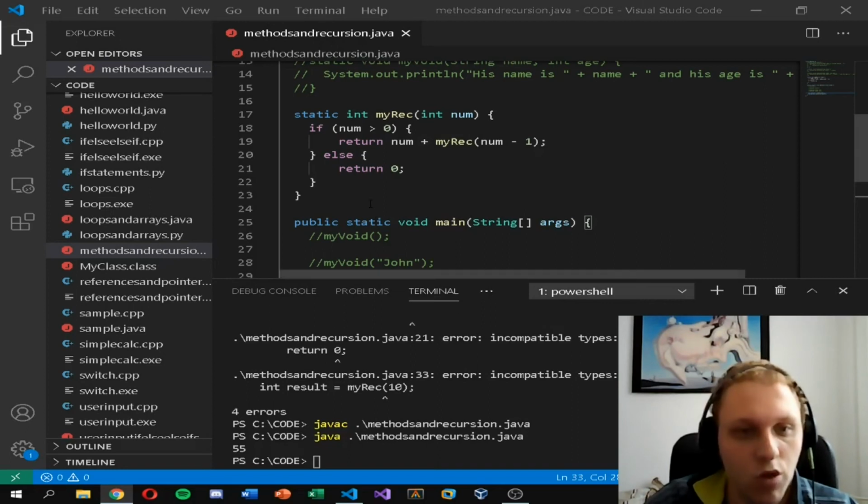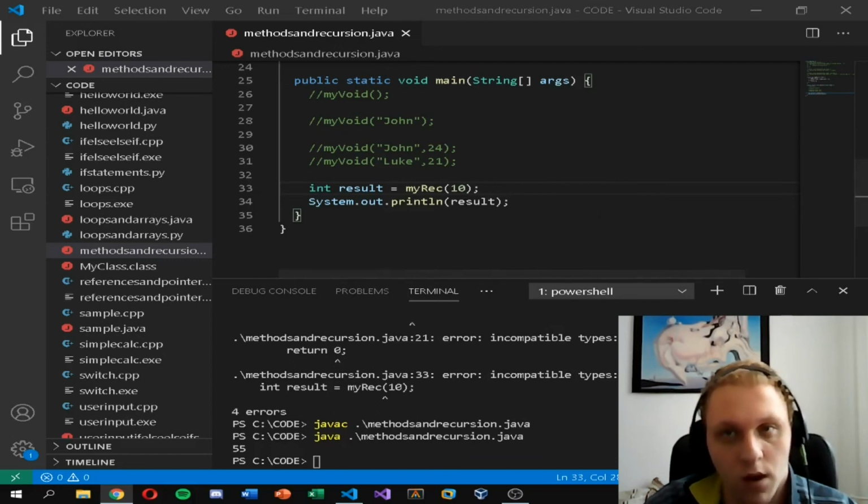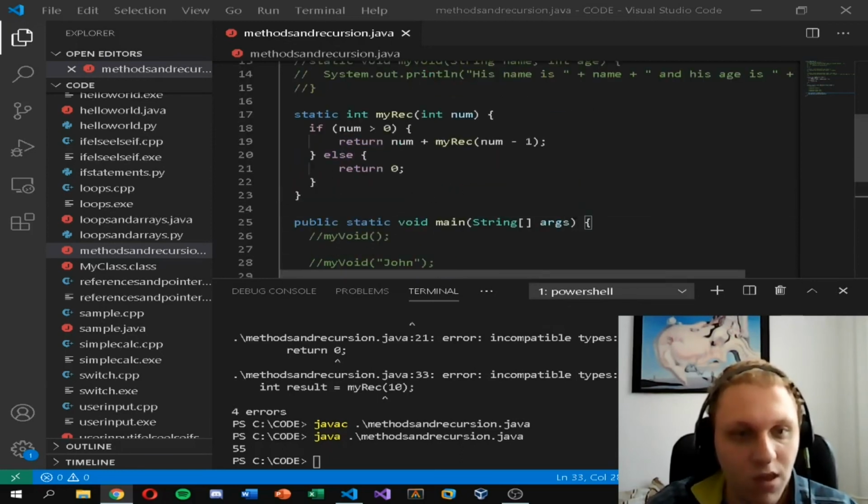So it pretty much calculates the entire sum. What we're doing here is we're counting factorials. What a factorial is, it's pretty much a number that's written out in a sequence like 10 plus 9 plus 8 plus 7 plus 6 plus 5. So it's a really easy example. It's an example where you would actually use recursion, because it makes a lot of sense to use recursion for this. Because what you want to do is make a sort of a calculator,